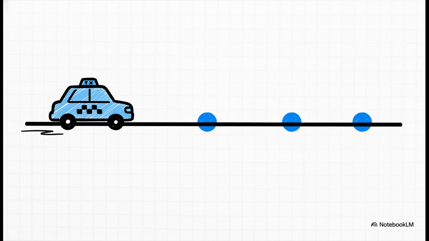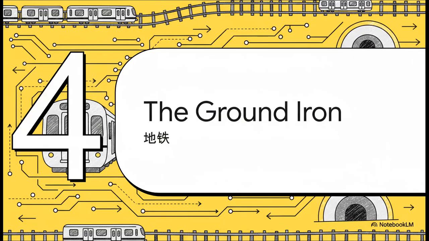Now, the pronunciation here might seem simple, but it's a little bit tricky. All three of these characters are first tones, which means they're high and flat. Chu, zu, che. The key is not to rush it. You really want to keep that high, level pitch all the way through and say each sound clearly. So it should sound like this. Chu, zu, che.